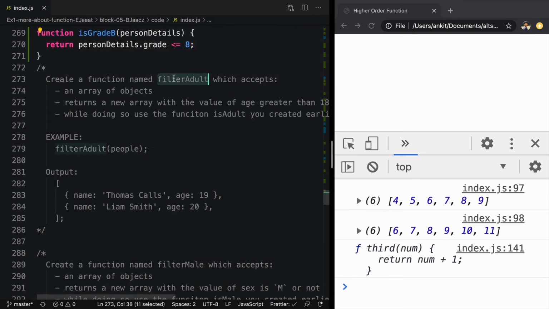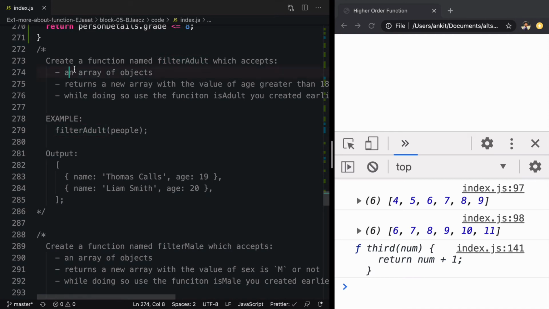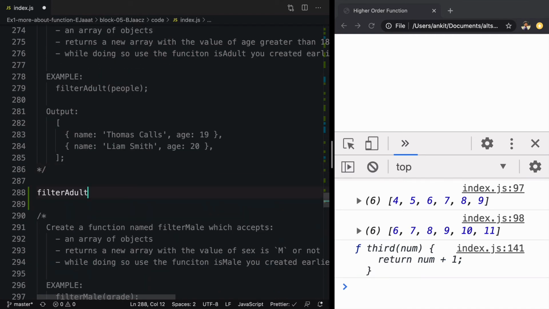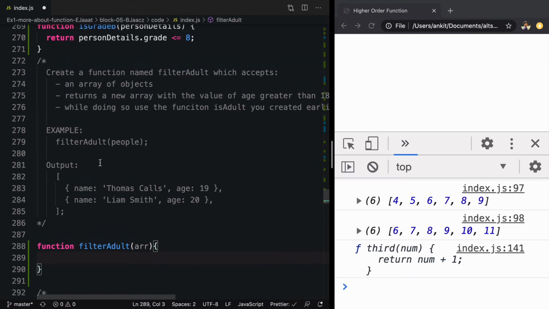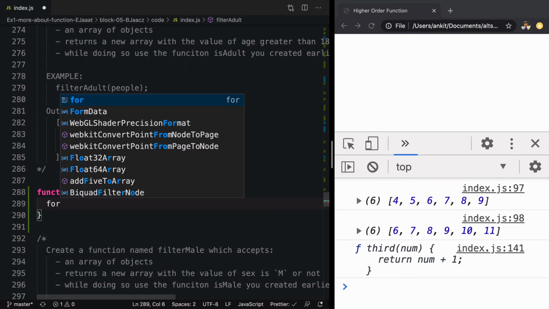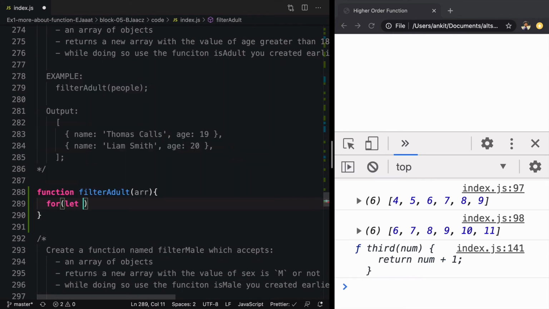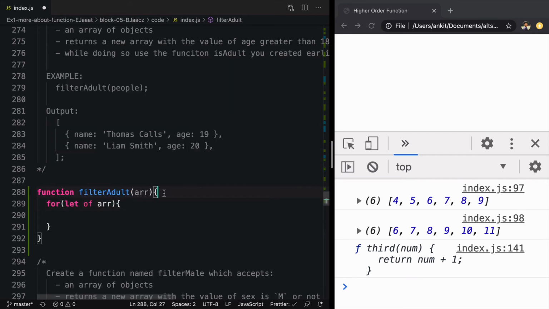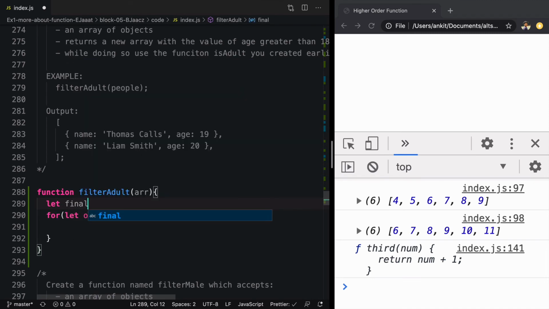Create a function called filterAdult which accepts an array and returns a new array. So we have to call the function filterAdult which accepts an array, and we have to filter the adults. We'll use a for loop, for let of array, and here we'll create an array called final.